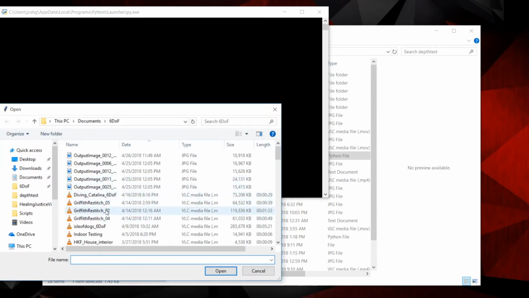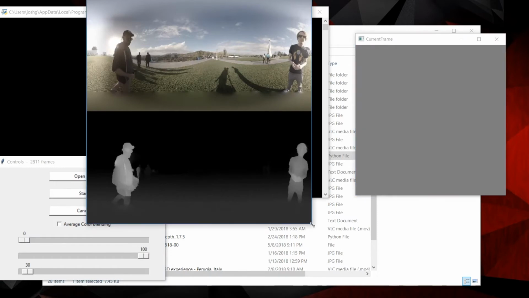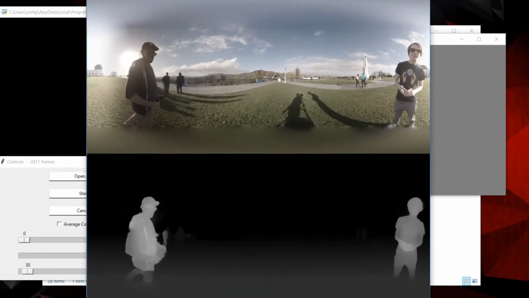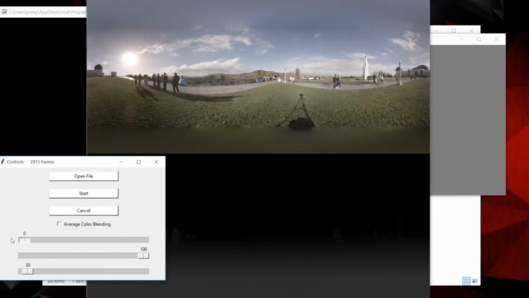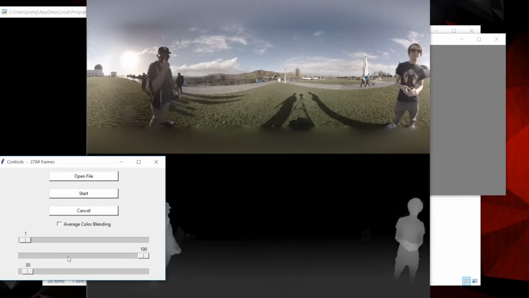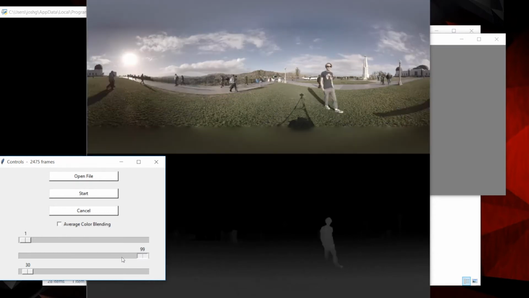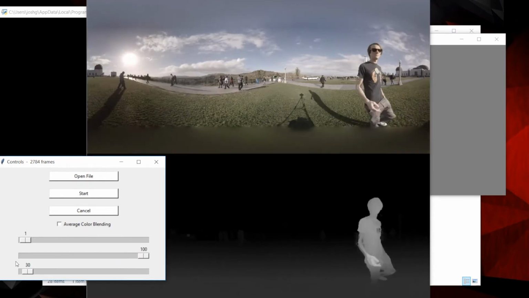I'll just pull up this shot here. Let me just make this a little bigger. And I'll run through some features real quick, and then I'll talk about what it's actually doing. So this top bar here is you can scroll forward. This is the in point. This bottom one here is the out point. And then this is how often it samples. So this isn't the most efficient way to do this because it's written in Python, but you know, it's good